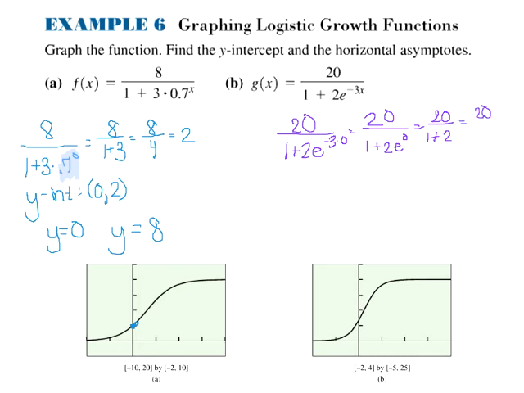Then you're left with some addition, and then lastly division here. We can leave that as 20 over 3, or we can try to reduce that or change that to a proper fraction. That'd be 6 2/3, right? Or 6.6 repeating. I think it's okay to actually leave it as your improper fraction at this point. So we'll say (0, 20/3). But notice that 20/3 is the same as 6 2/3 or 6.6 repeating. Without looking at the graph, what are your two horizontal asymptotes?